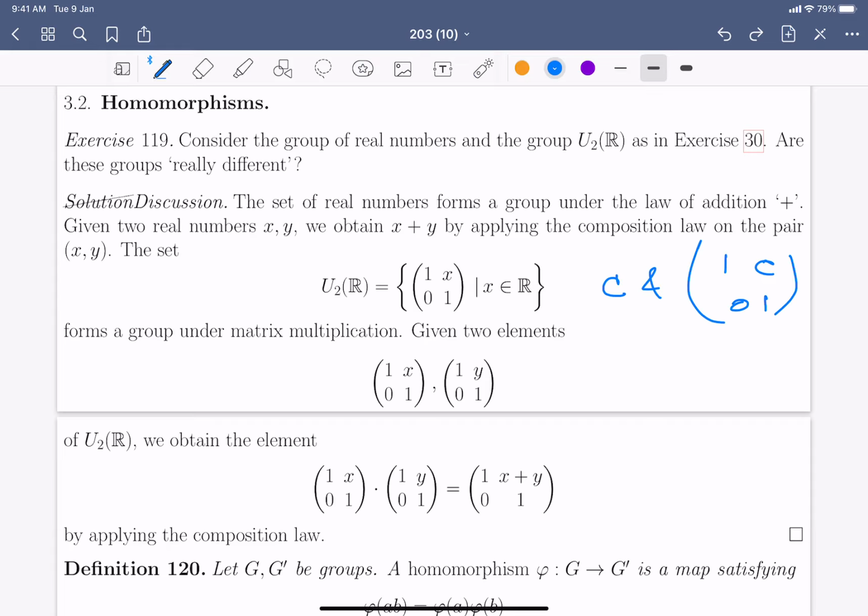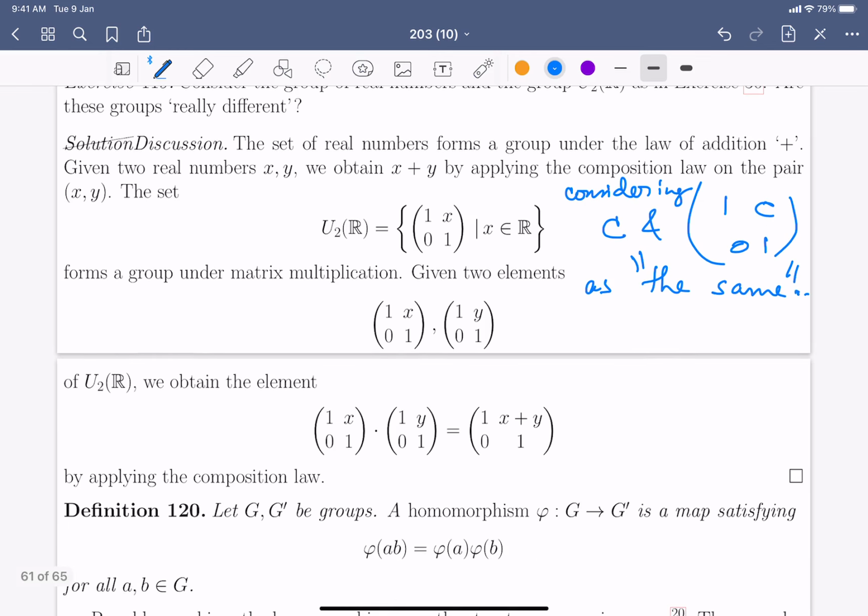Okay, so if you consider the real number c and the matrix 1 c 0 1 as the same, and as you know, a real number cannot be a 2 by 2 matrix, so let me put it in quotes. Okay, so if you consider c and 1 c 0 1 as the same, again for any c in R, then what you observe is that